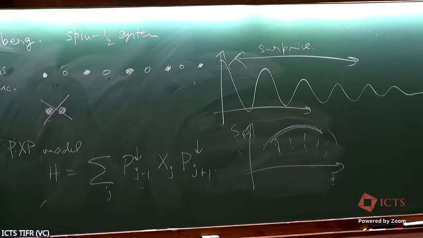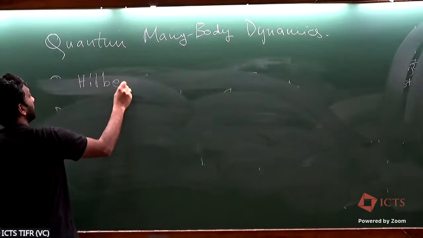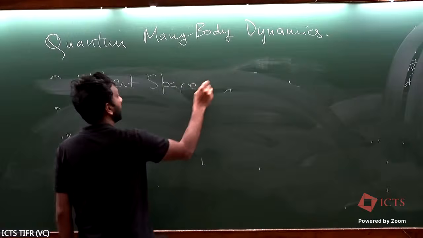Okay, since I'm running out of time, this is what was called weak ergodicity breaking, at least one of the phenomena of weak ergodicity breaking. It turns out that there was another phenomenon which seemed to suffer from the same issues, and I think Diptiman will talk more about this. This is called Hilbert space fragmentation. But I'll just give a quick overview to motivate things.